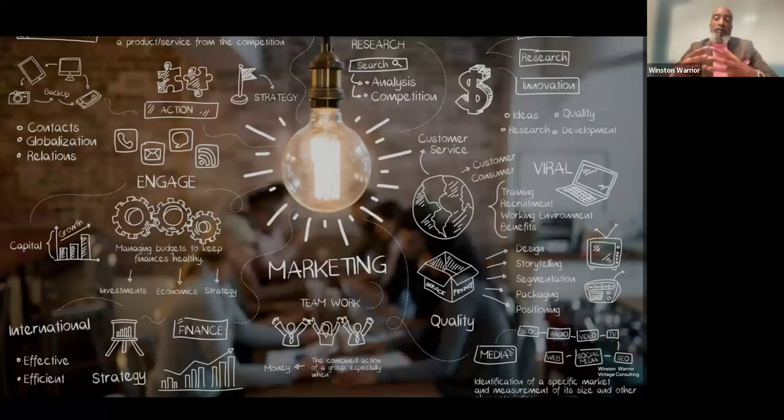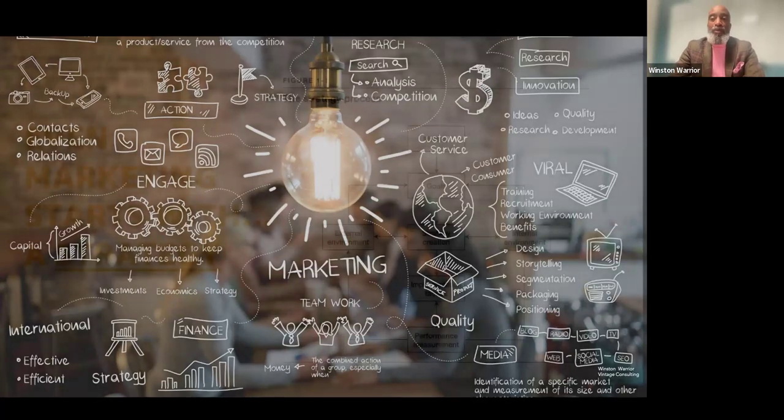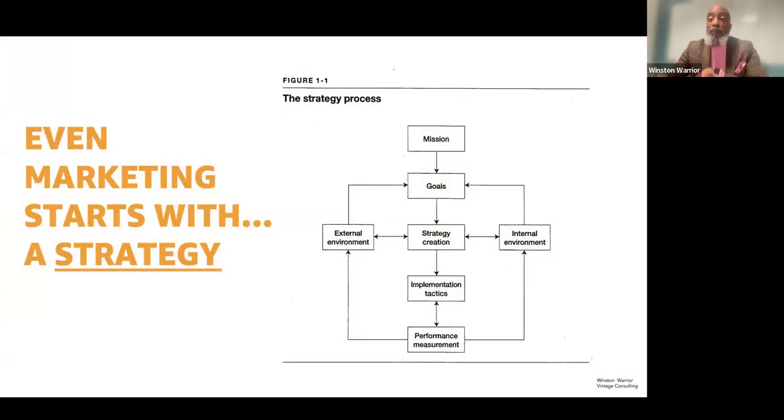Marketing consists of a lot of different things, and people confuse, well, is it advertising? Is it brand? Is it research? Is it targeting? It's all of those things, and we're going to break it down for you step by step. But the first thing is that marketing starts with a strategy. Believe it or not, we don't just get a gut feel about what something looks like and go and present that and say, this is what it is, world. We actually start with a strategy.